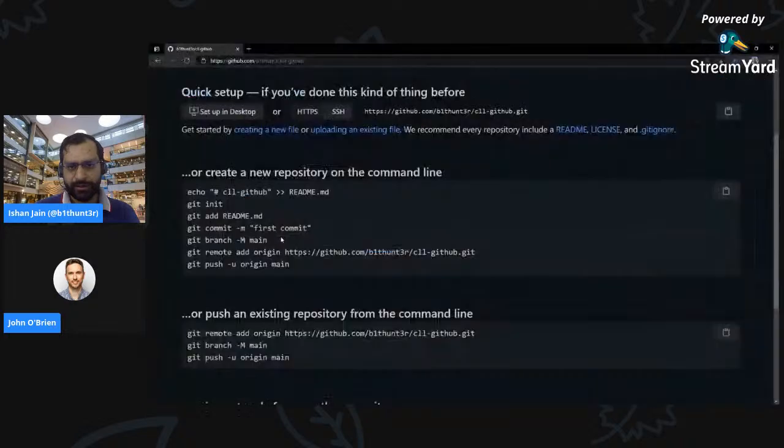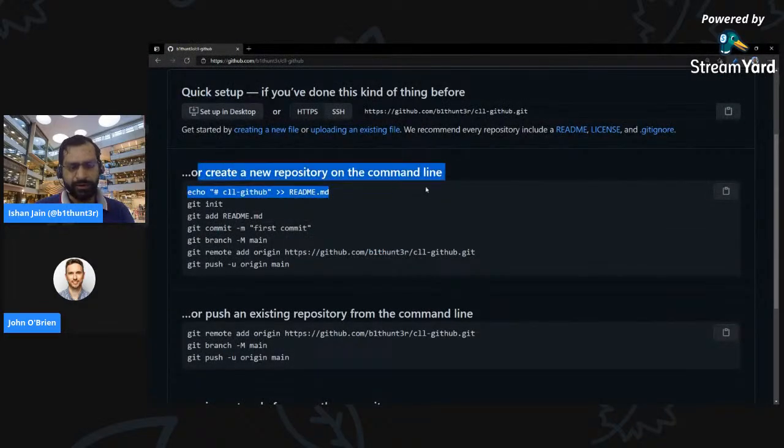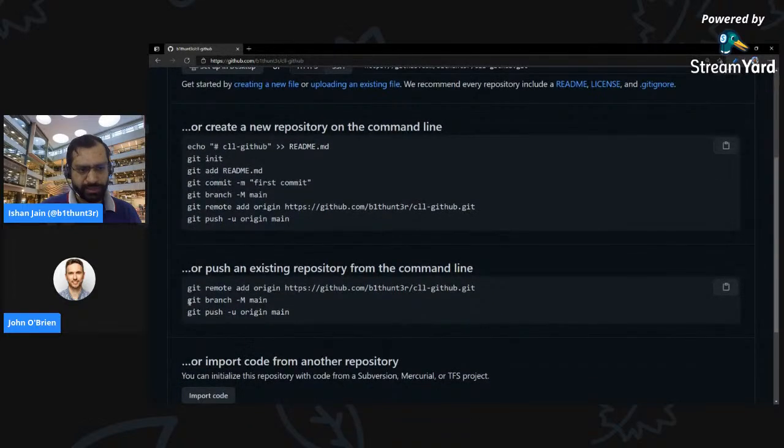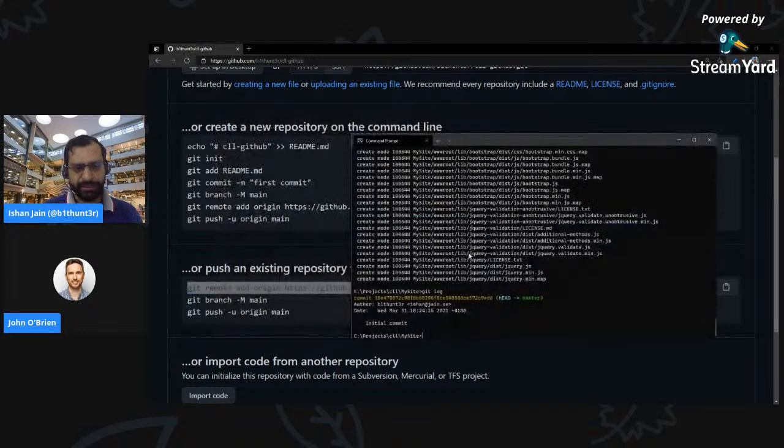And if we go back to GitHub, we see how we do it if we're creating a new repository, but we already have something. So let's do this one. First thing I need to do is probably change this line, the first line, git remote add origin and this link. It actually tells GitHub that I want to add a remote which is named origin, and it is located here. So if I copy this and paste,